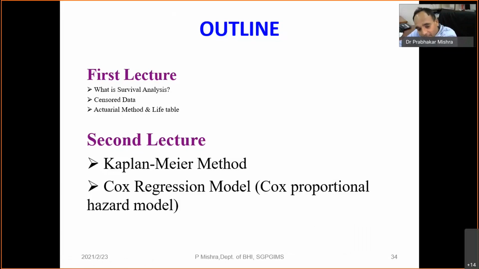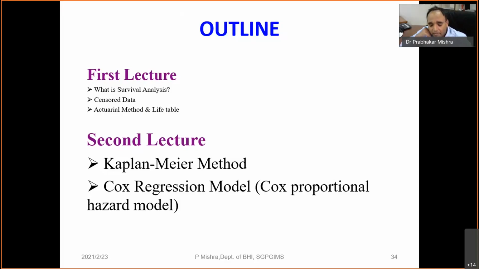Yesterday we discussed the life table analysis, whose other name is the actuarial life method. The major difference between the life table and the other methods is this: one method is the life table, and the other two methods are Kaplan-Meier and Cox. In the life table, first we decide an interval, and for each interval we calculate the survival probability